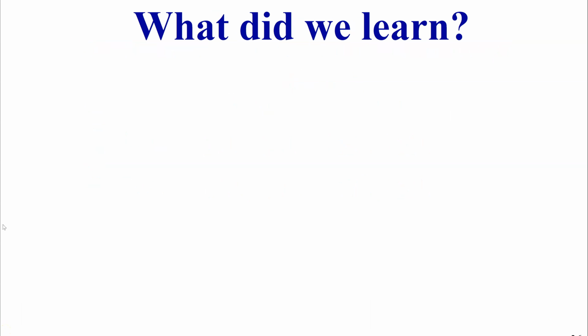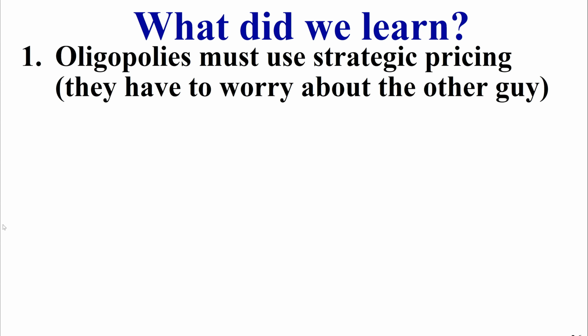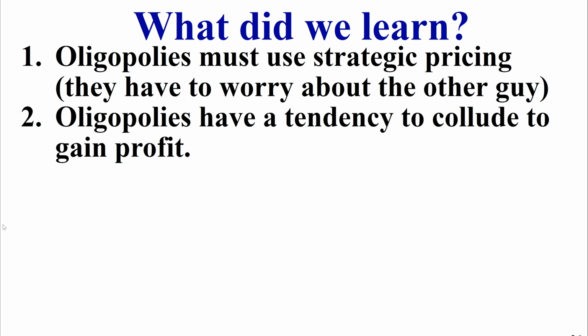Okay, so what did we learn? Well, we learned that oligopolies are pricing strategically. Okay, they are worried about the competition that is in there. There's not a lot of it, but they do have market power. But they are worried about the other firm because they want to make sure that they maximize their profitability in order to be successful. They know that while they have a tendency to collude, we know that it is illegal